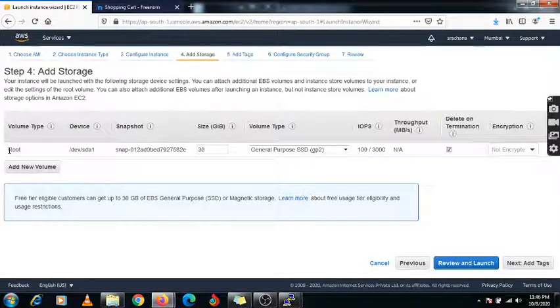When you are creating any instance, by default there is one volume attached with your instance. That is nothing but your SSD volume, general purpose SSD. This SSD is part of EBS, elastic block storage, which means it is a block volume.